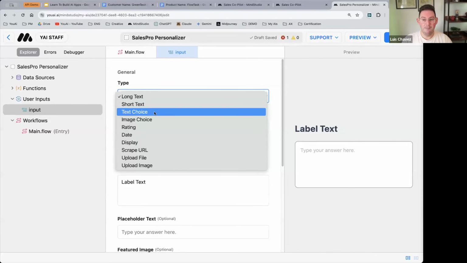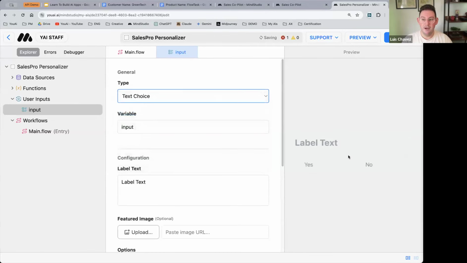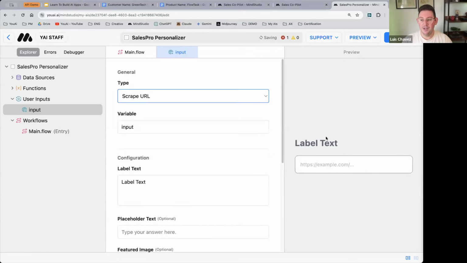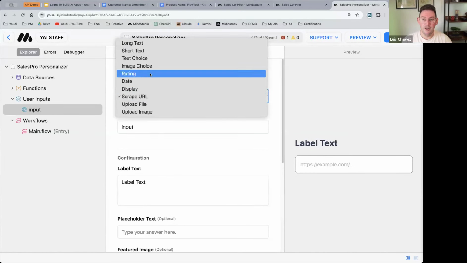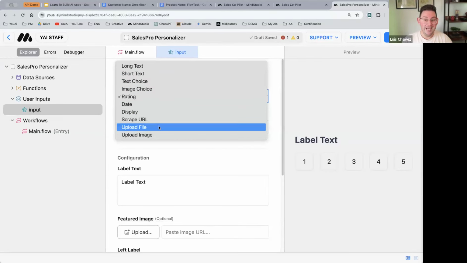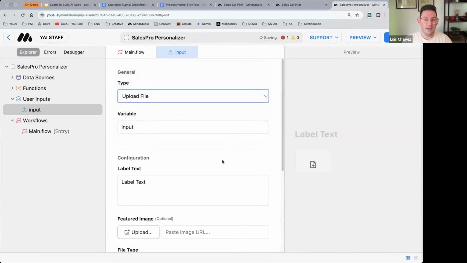As I'm making these changes, you'll see that we have inputs like a multiple choice input, or perhaps the ability to scrape the contents of a URL. So entering a URL and getting information from that URL. We have various kinds of ratings and dates, all kinds of different inputs. In this case, we're going to be uploading a file, and this file is going to include all of the